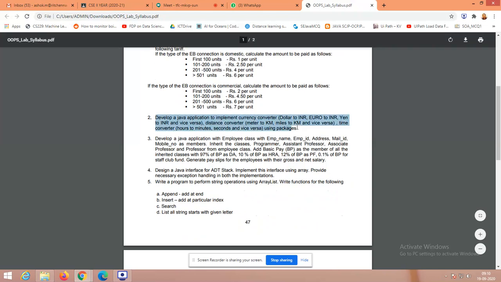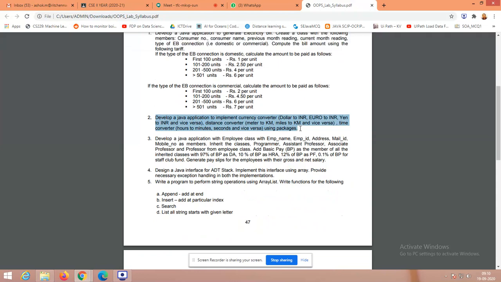So see the second exercise. The general ideology behind this one is a converter. Okay, converter. So you can create a converter interface. Only the logic is going to vary. Okay, only the logic is going to vary. Where does the logic vary? During the computation process, in the substitution of the corresponding countries' variation.